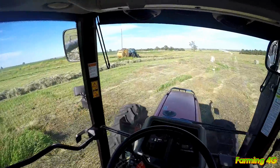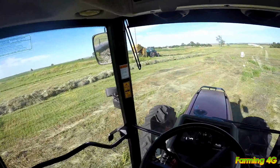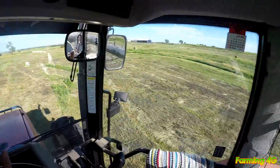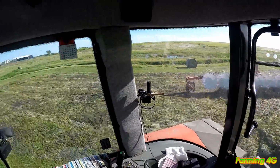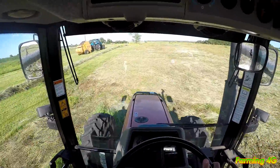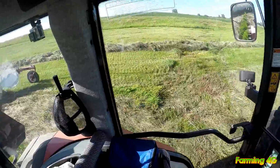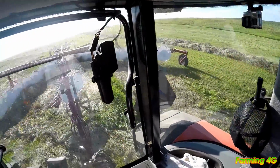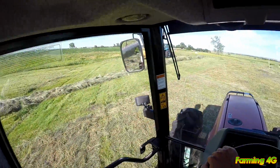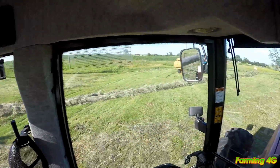I don't know. I think I'm underestimating the hay here a little bit. That might be 50 bales for Dad already. I don't know. I think it's going to be well over 100 bales, seeing how this is going here. Not even close to done yet. You know, those windrows, most places, they're just solid throughout. They're just solid and thick and